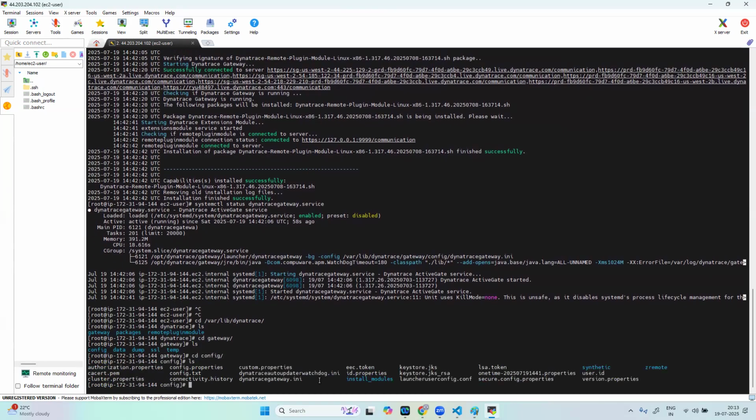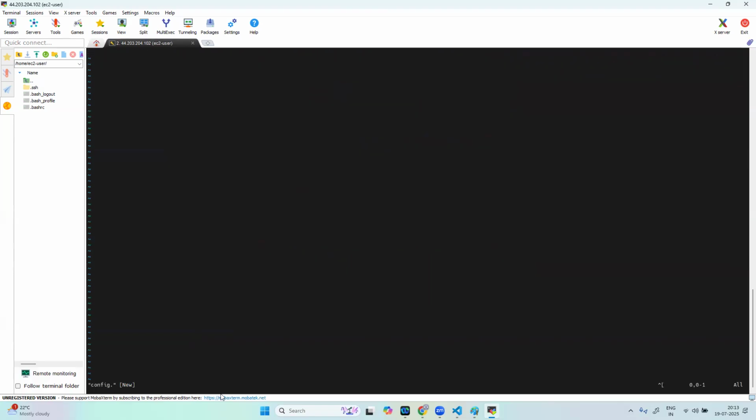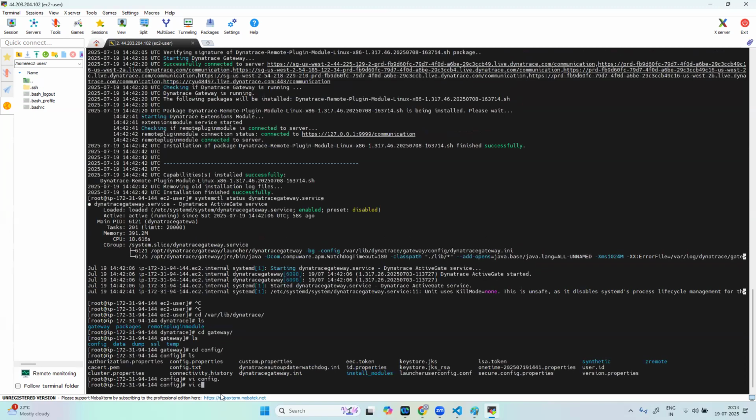You see there is a custom property file, config.properties. Escape, vi config.properties. You see,